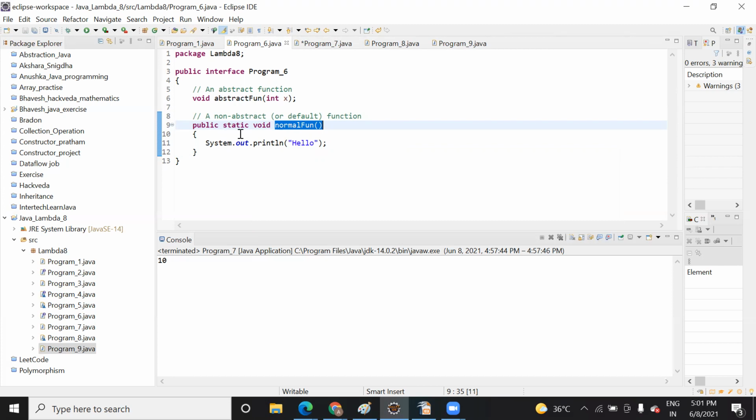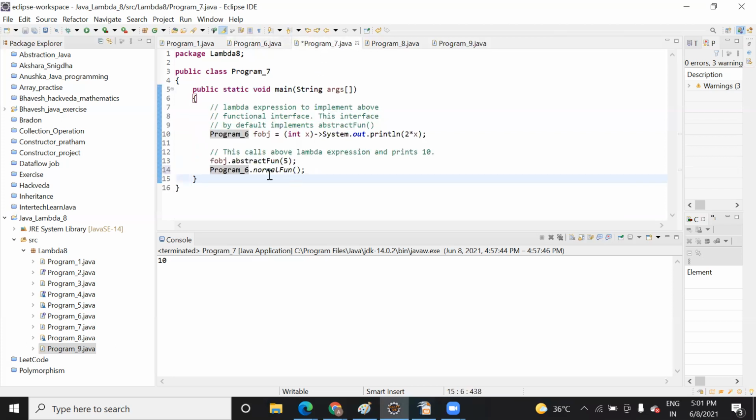I shared one note at the start, when I was explaining the OOP concept. At that time, I told you that the static keyword means the function or method belongs to that particular class, and it can be accessed with the name of the class. You don't need to create an object every time. That's the reason it was giving an error. And when you use the name of the class here, Program C, it will run. Let's see that.